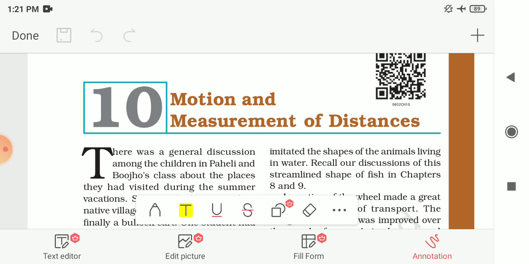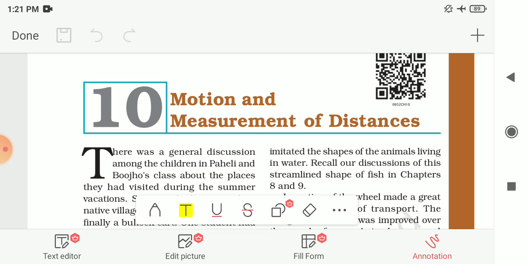So now we use the International System of Units, that means the SI unit, and this is accepted all over the world. Then we had seen that the meter is the SI unit of length; other than that, the centimeter and millimeter are the smaller units of length. Each meter is divided into 100 equal divisions, which is known as the centimeter, and each centimeter has 10 equal divisions, which is known as the millimeter. So we can say that 1 meter is equal to 100 centimeters, 1 centimeter is equal to 10 millimeters, and 1 meter is equal to 1000 millimeters.